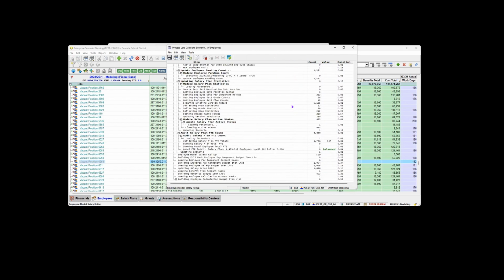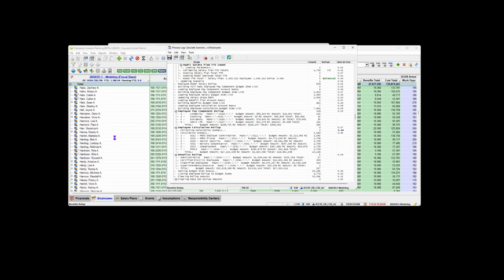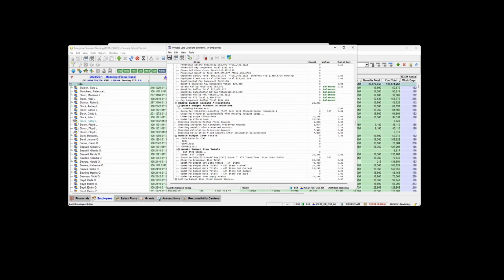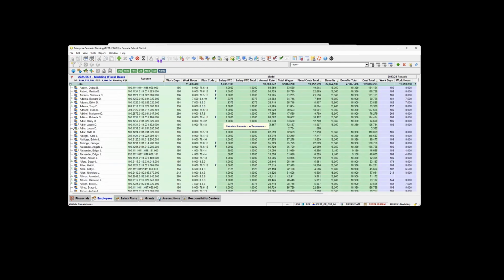Oh, I meant to look at those employees. We'll look at those real quick before we save a baseline. When the scenario is recalculating, you can navigate around a little bit. It might be kind of slow, because it's working in the background at the same time you're trying to navigate. What was that name? Cohen? Oh, here we go. So you'll see in my process log,